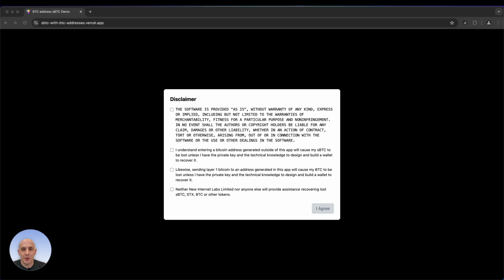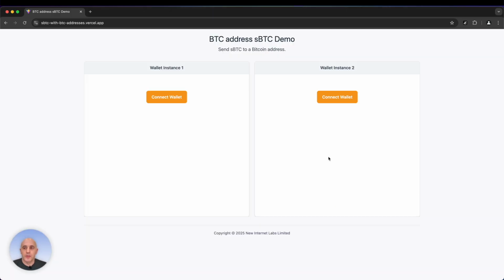Today I'm going to give you a quick demo of how we can use sBTC with Bitcoin addresses instead of Stacks addresses. For those of you that don't know, sBTC is layer 2 Bitcoin on Bitcoin's Stacks network. The first thing we need to do is connect our wallet to this demo app. In this case, I've made it really easy so we can have two different wallets connected to the same app so we can send sBTC from the left side of our screen to the right side of our